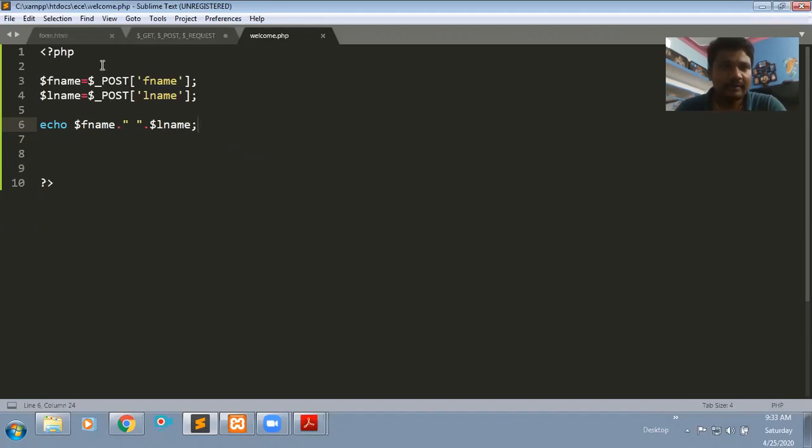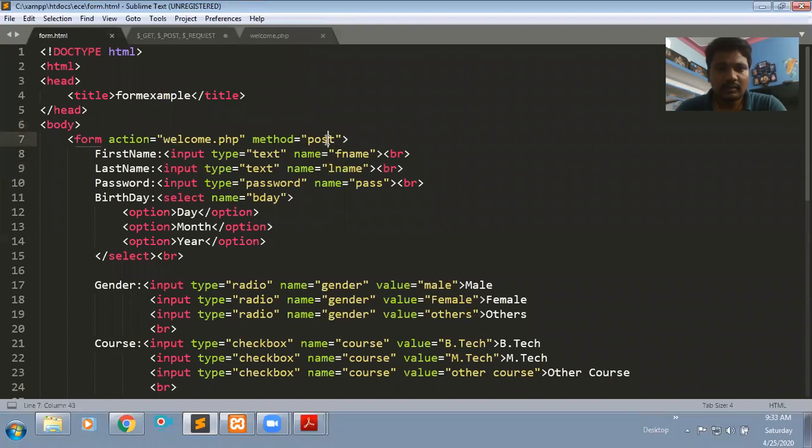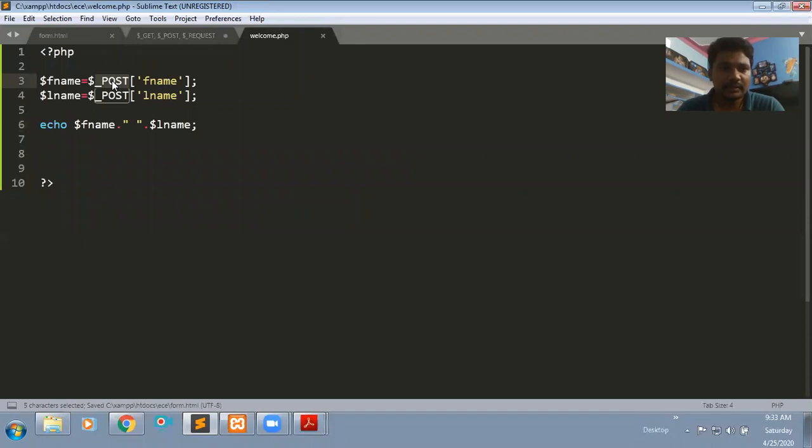I will tell you the small difference between the post method and the get method. Initially I will take the get method here. If it is a get method, here also you need to take $_GET. Just as there, if you take the post method, here you take $_POST.